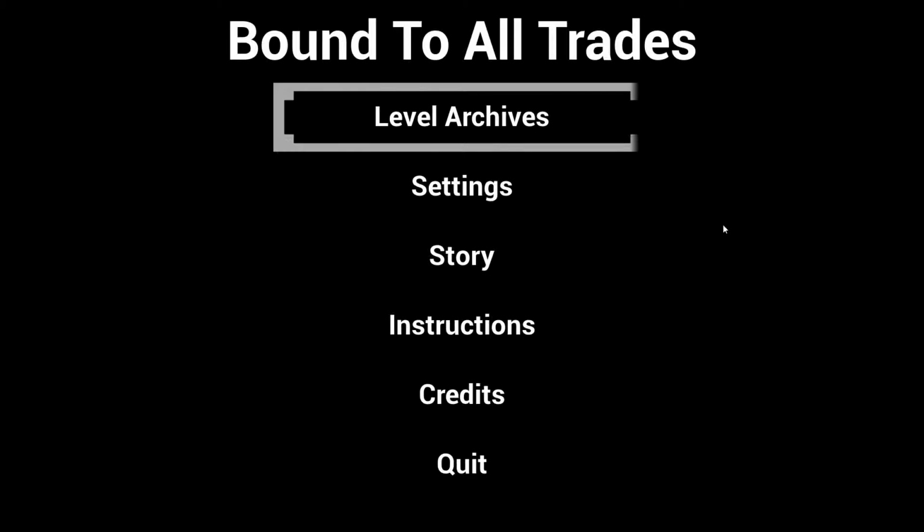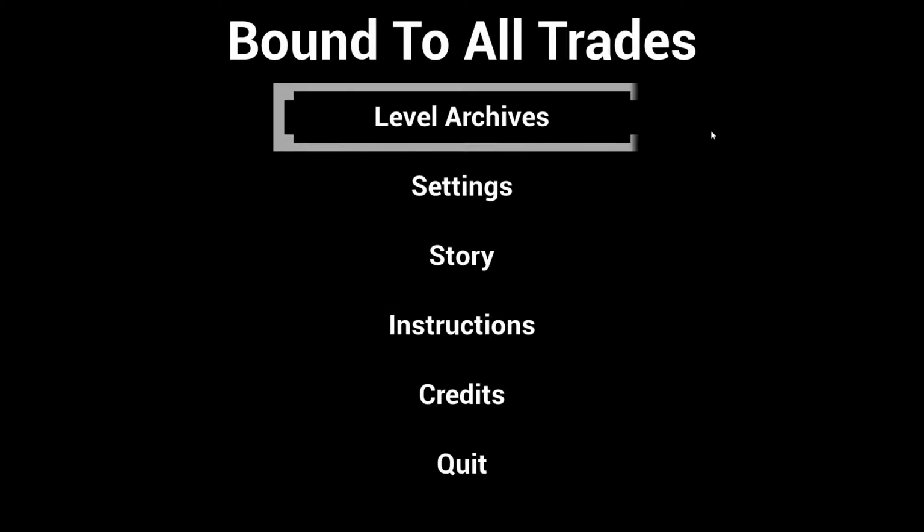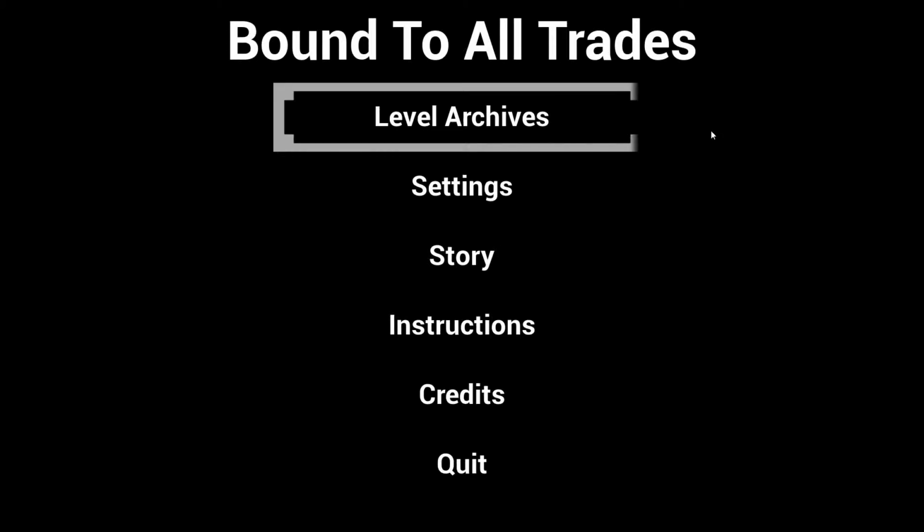First things first, this is the main menu here. It works with mouse. It also works with arrow keys, and by extension, it also works with gamepad as well. There are quite a few options here, but I'm just going to go ahead and dive straight into the level